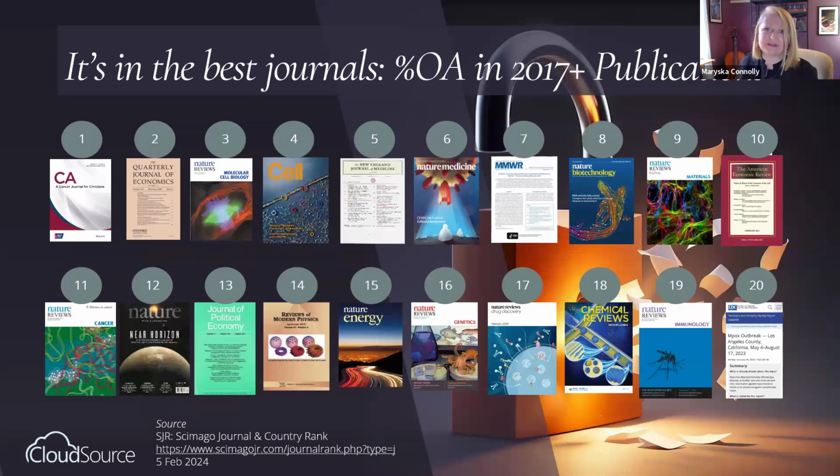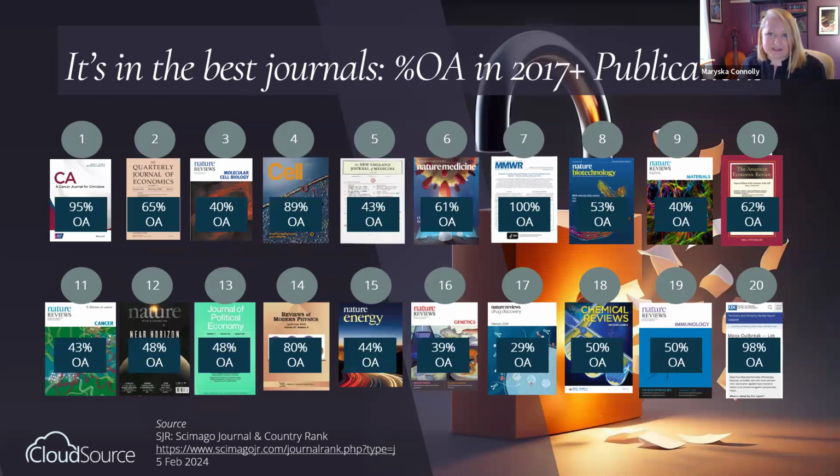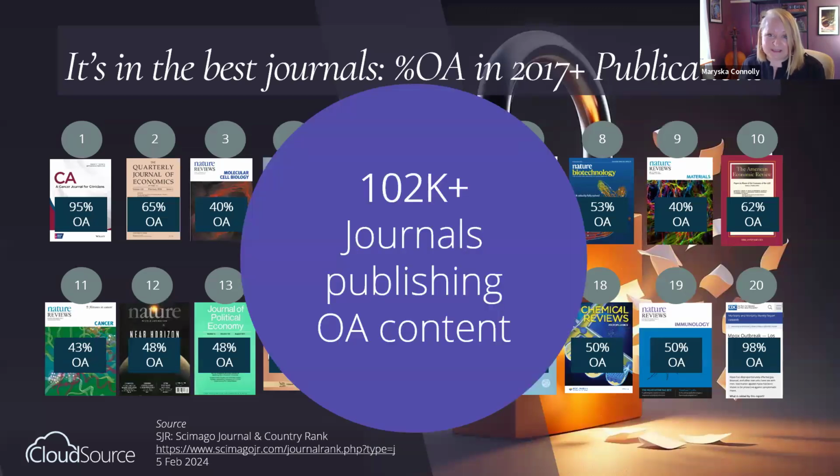What we see when we look at the top ranked journals is that they have very high OA publication rates. These are the top multidisciplinary journals as of February, ranked by Scimago. Most of them are more than half OA, and many are just approaching or have already become fully open access. We see this discipline by discipline. The higher the rank of the journal in that discipline, the more likely it is to have a high OA